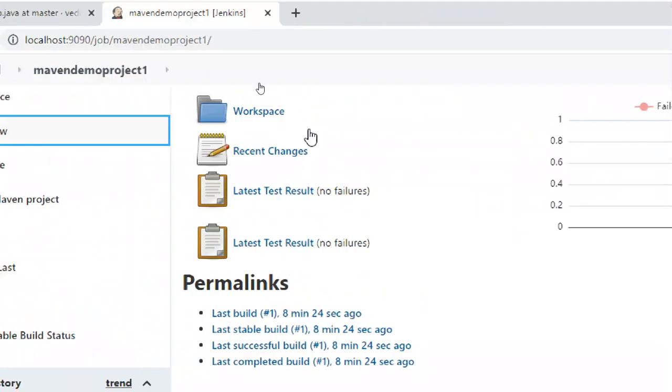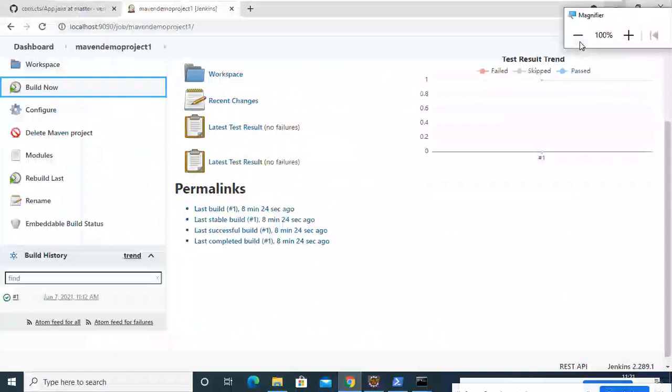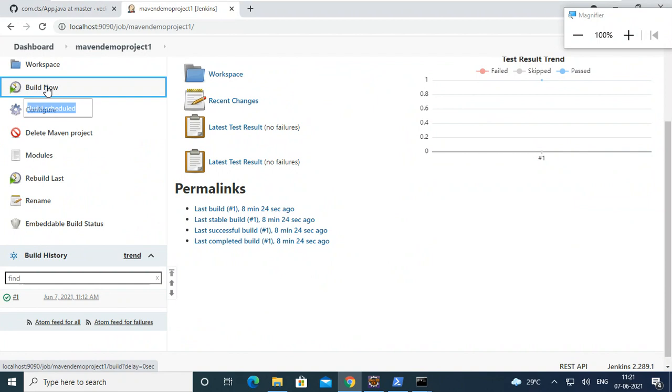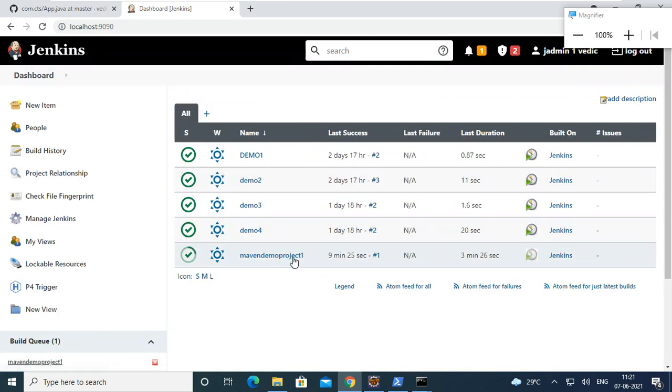See, it is showing recent changes. Why is it showing like this? I gave build now. It is going on. We can't see that.